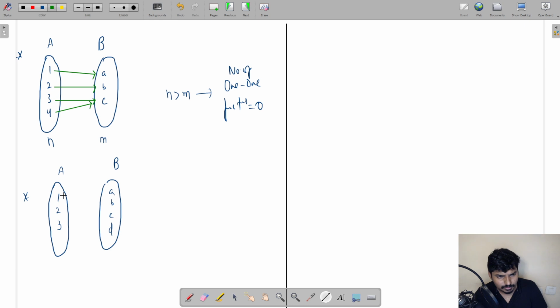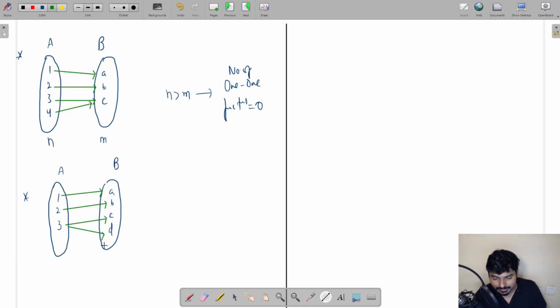Let us see that. So 1 is getting related to A, 2 is getting related to B, 3 is getting related to C. Now still D is remaining, and we do know for onto function, every element of the codomain should be in the range. So what does that mean? Now you might say, sir, relate this D to any element in the first set. If I do that, let us say I'm relating D to the element 3.